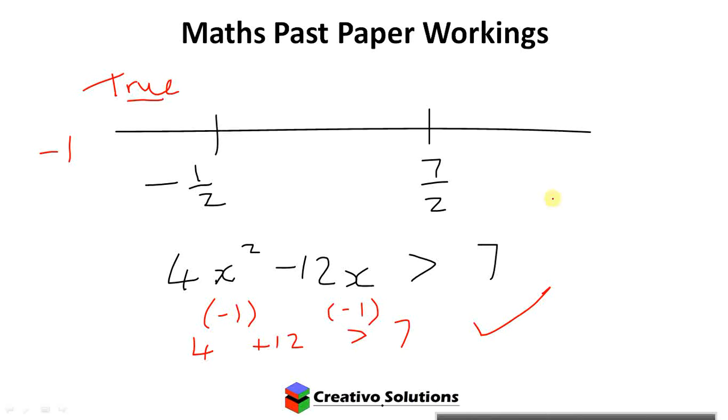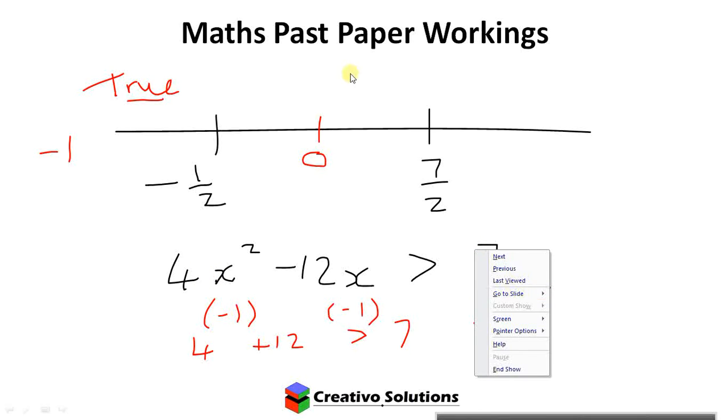Right, so now let's take a number between negative a half and 7 over 2. What number in between is easy to use? We need to choose a number in the middle. 1 is not in the middle, so choose an easier number: 0. 0 is easy to substitute in. Let's plug it in. 0 squared is 0. 0 times 4 is 0. So I'll have 0